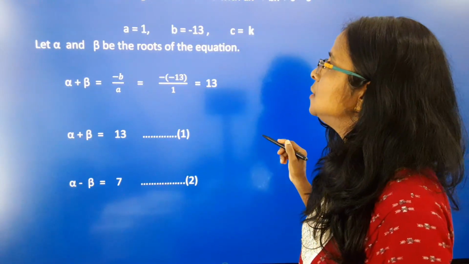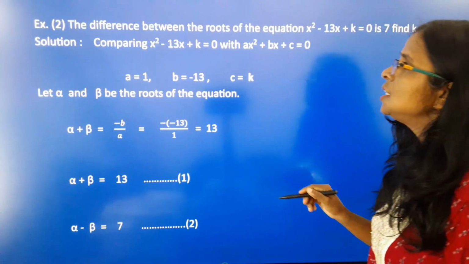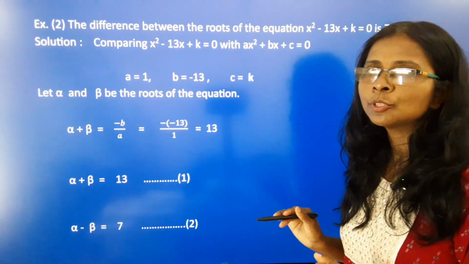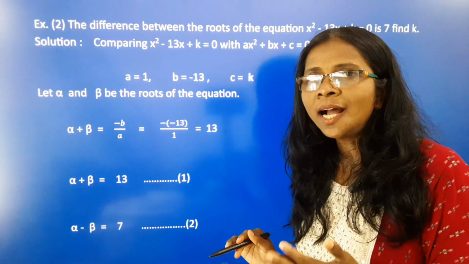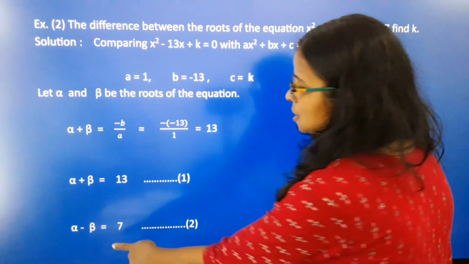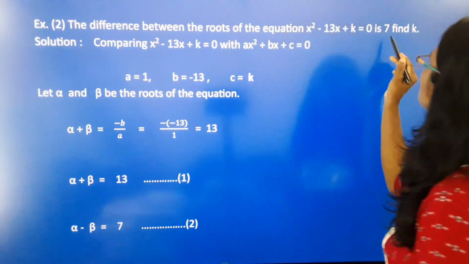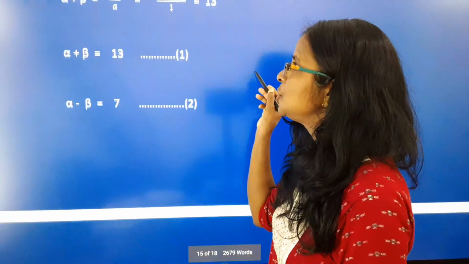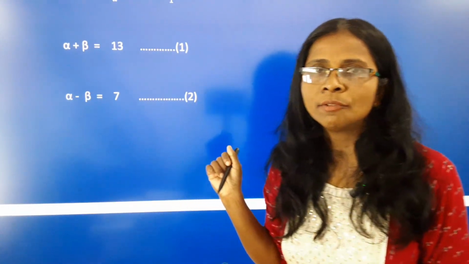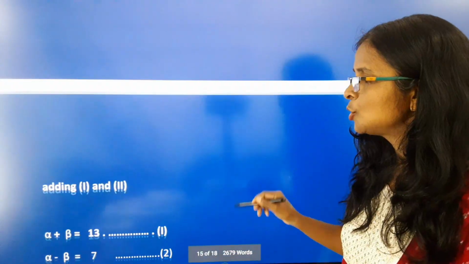And in the example, what is given is the difference between the roots. If we let alpha and beta be the given roots, then the difference is alpha minus beta, and that will be equal to 7. So here the second equation is alpha minus beta is equal to 7. Call it the second equation. Now we have the two equations. So let us